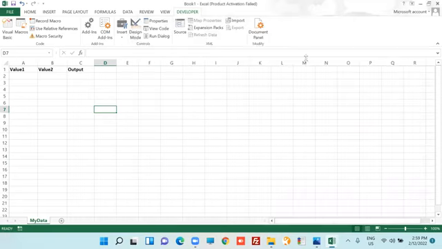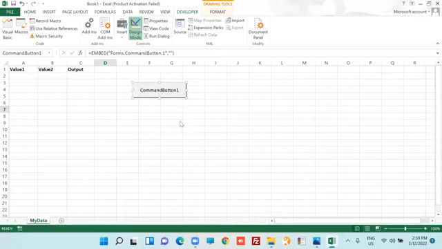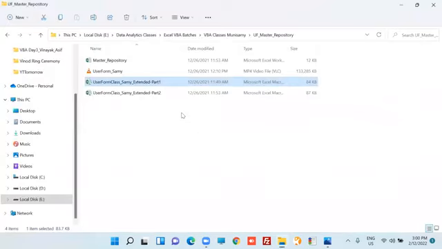So guys, if you want to run this user form, just click here, take one command button from here and rename it. Oh, everything has gone, guys. This workbook will be closed. I should have saved it. Anyways,